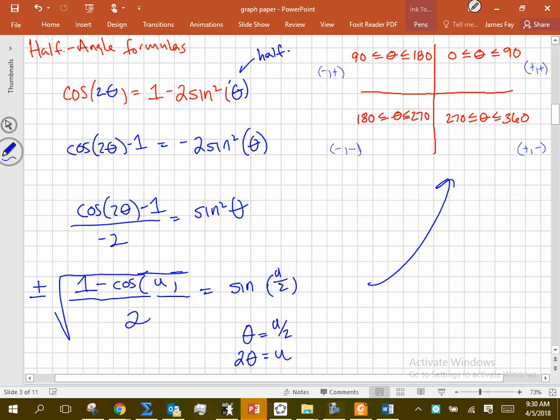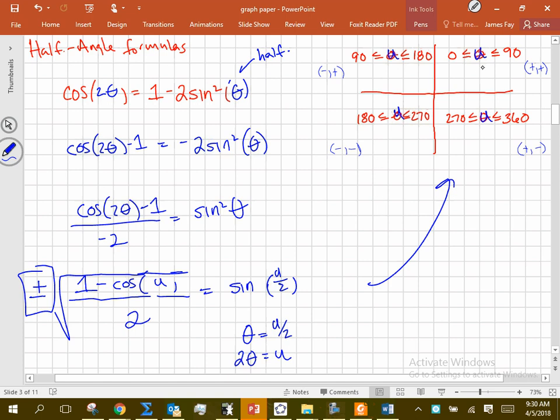So how do we use this? First thing is to recognize how to decide which one of these to use, plus or minus. The plus or minus is determined by u over 2's quadrant. And a lot of times they won't tell you u over 2's quadrant. They'll tell you u's quadrant. And right now I've got theta up here, but if we replaced it with u, it doesn't really matter if those were u's,